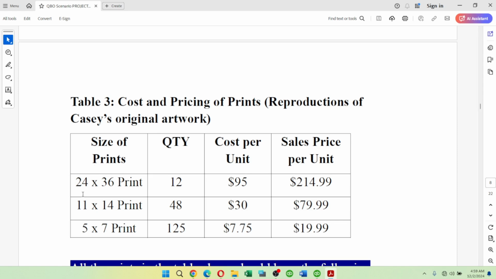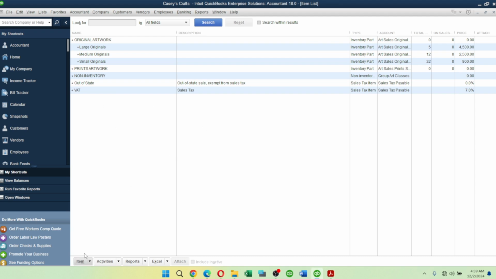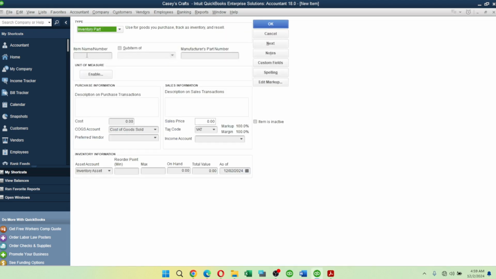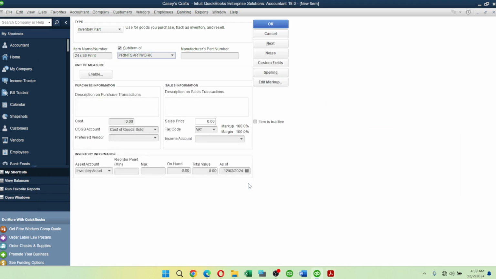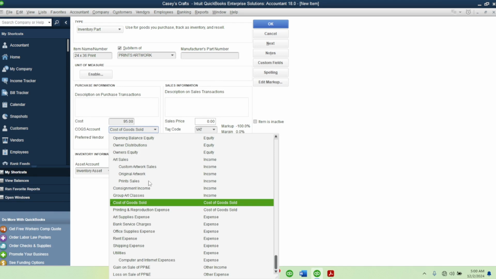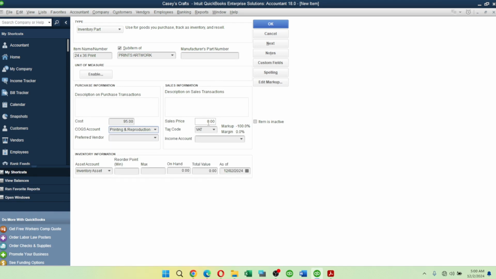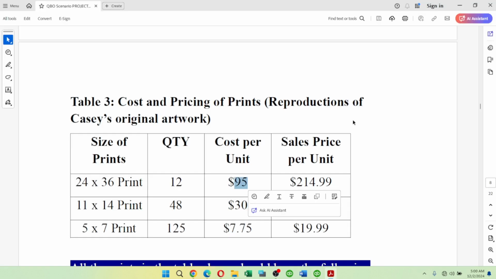So print sizes, we have 24 by 36. So let's go ahead and add print items. It's an inventory item too, so it's a sub item of print artwork. This one is going to have the unit cost and also the quantity. The cost of goods sold account is going to be print and reproduction, and we're going to have the selling price,